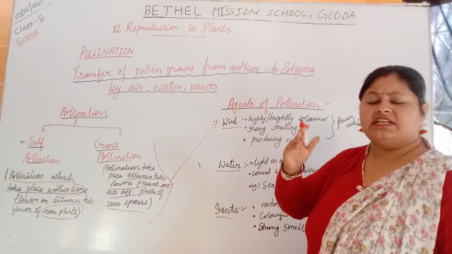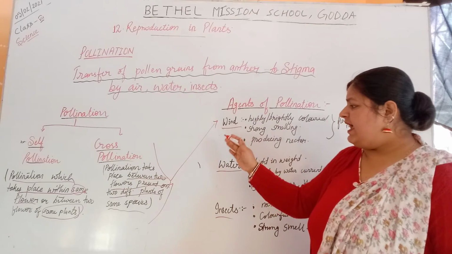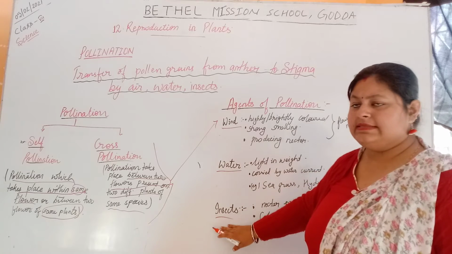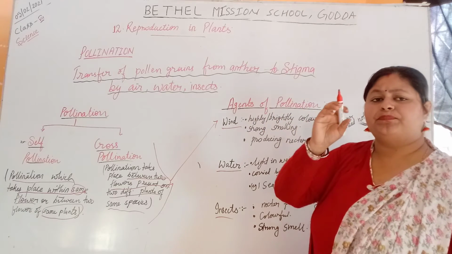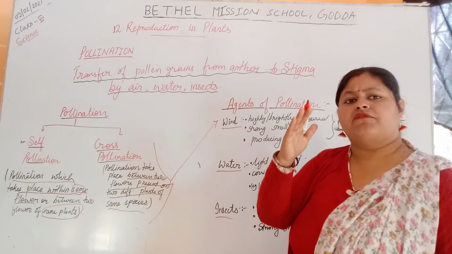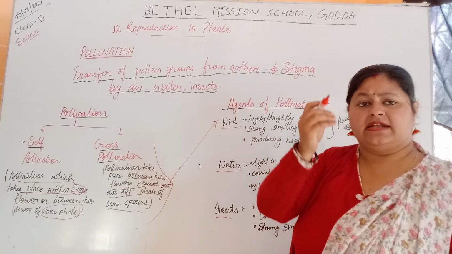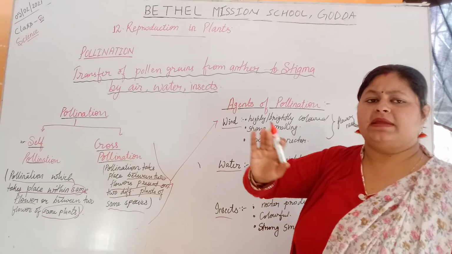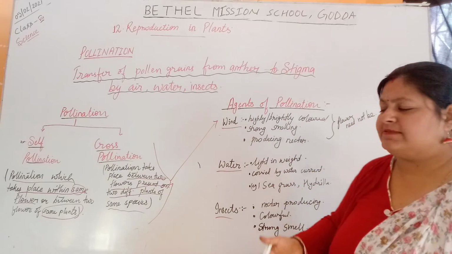Cross-pollination is the transfer of pollen grain between two flowers of two different plants, and they require some agent for the pollination. These agents are wind, water and insects. What is wind as an agent of pollination? Wind means the lightweight pollen grain is carried away from one plant to another. On a windy day, many anthers burst and give out pollen grain, and these pollen grains are carried away by the air and fall on the stigma of a different plant, and pollination takes place.